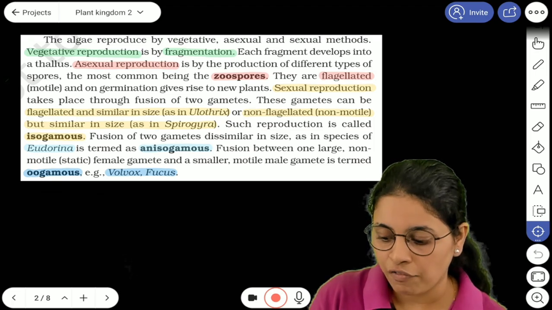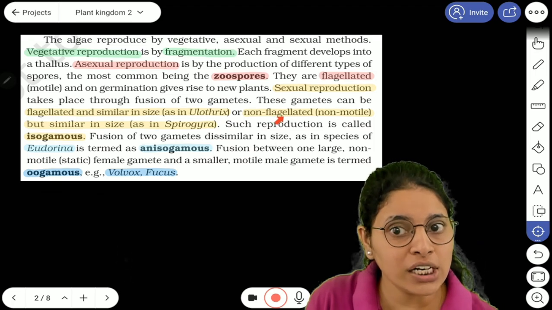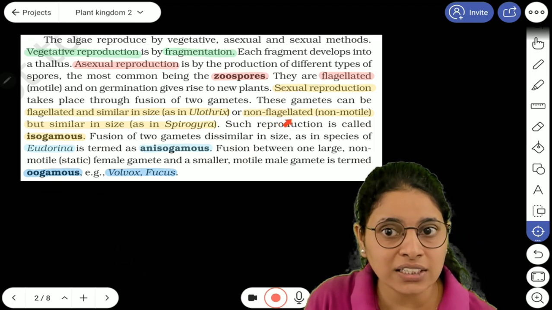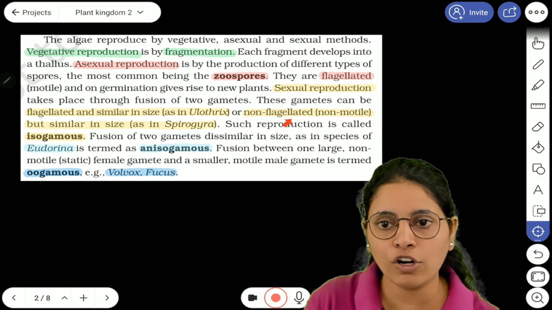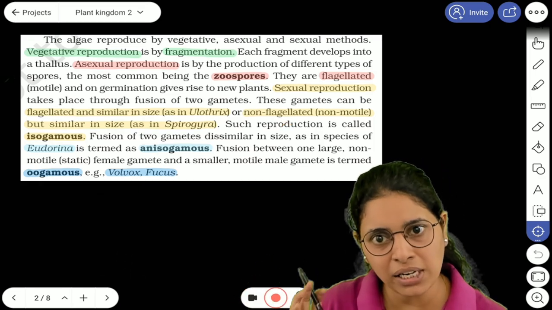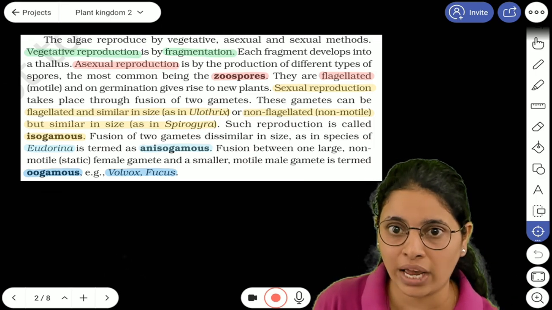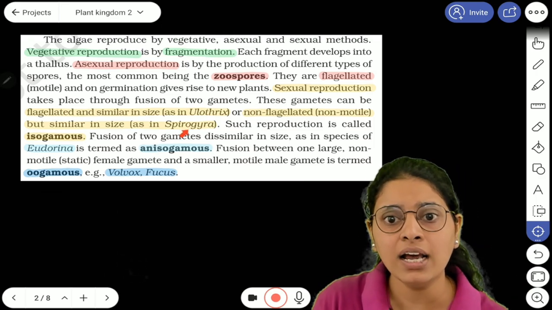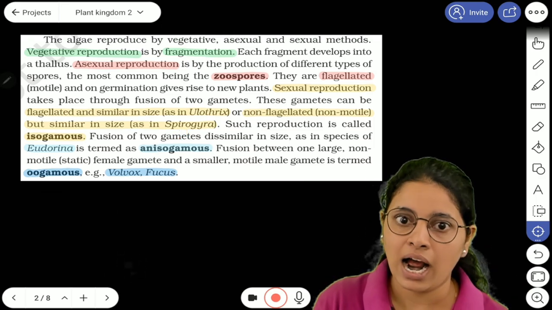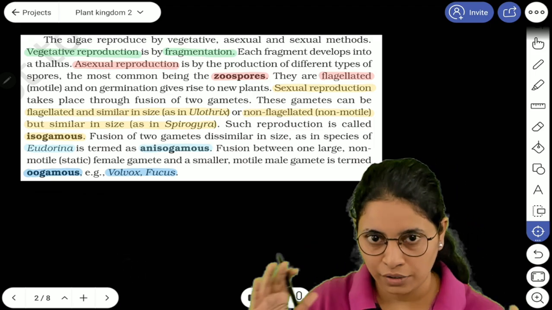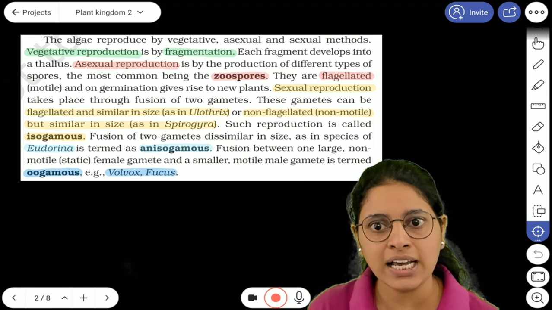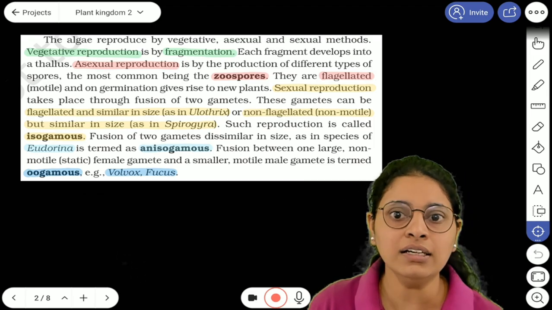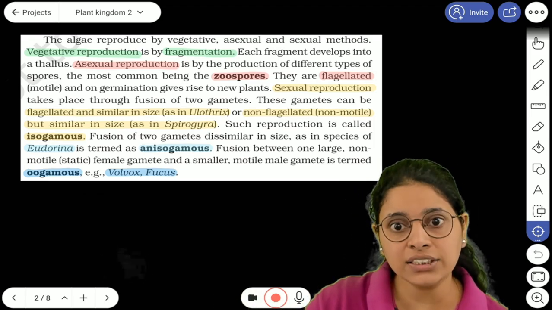And second, we may have non-flagellated gametes. Non-flagellated means flagella are absent, and hence these gametes are non-motile. They cannot move on their own, but they are similar in size. So it's still isogamy. The example is Spirogyra. So remember, isogamous has two types: flagellated gametes in Ulothrix and non-flagellated in Spirogyra. Okay. Next, we have